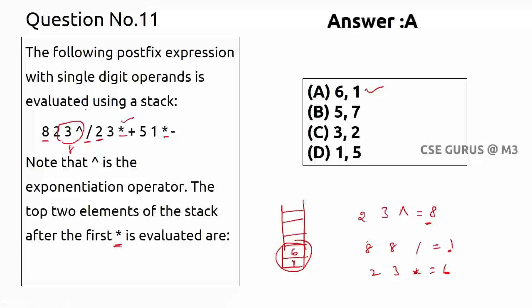And here we need to remember this point. Whenever you pop 2 and 3, if you write 3 comma 2, it will be like 3 square. So remember carefully which value, which operand is to be taken first. So that's why I have given this question. In order to avoid the confusion, you have to ensure this one, right? If you write 3 square, your answer will be wrong, right?